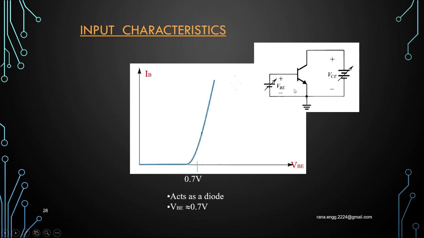We will get it like this. For the input side, what is the current? IB is the input current. What is the input voltage? VB is the input voltage. So the graph between input current and input voltage will be called the input characteristic. As it is a PN junction only, its graph will be the same as the PN junction. The same answer or graph you have to draw if someone asks you to draw the VI characteristic of a diode, or if someone asks you to draw the input characteristic of any kind of configuration, it will be the same.